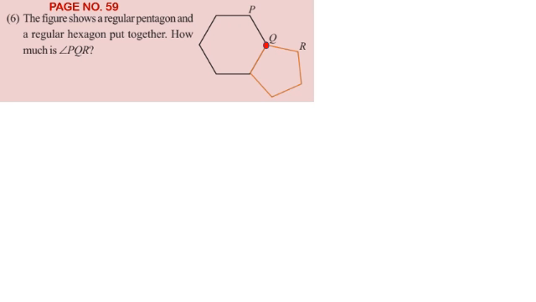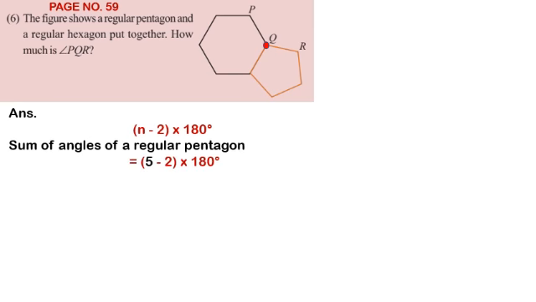Okay, then let us write it in detail. Children, first let us see the angle of a regular pentagon. How to find it? Yes, sum of angles divided by number of angles. Then what is the sum of angles of a regular pentagon? Yes, we know the sum of angles of any polygon is (n minus 2) into 180 degrees. So the sum of angles of a regular pentagon is (5 minus 2) into 180 degrees. What will we get? 3 into 180 degrees, that is 540 degrees. Yes, very good.